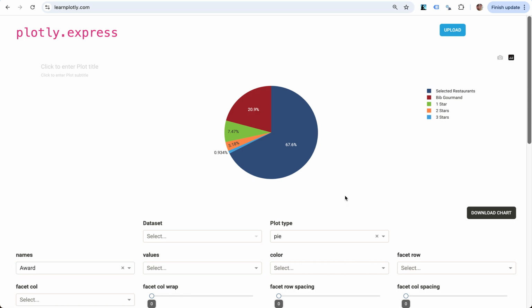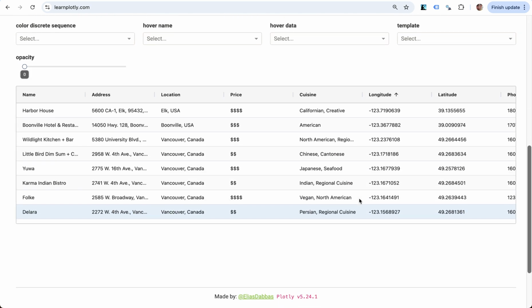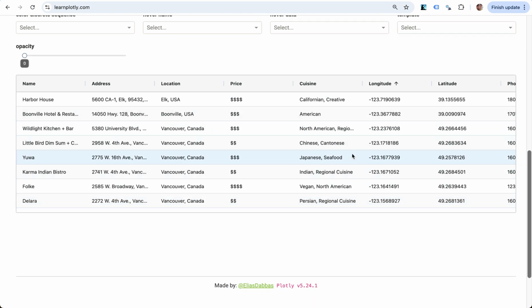I'd like to share a few features that I've introduced into this Plotly Express Dash app. And I'm going to do this by exploring a certain data set, which I've uploaded simply by clicking this button and choosing the file. And this data set is the Michelin guide for restaurants, the awards they have, and some